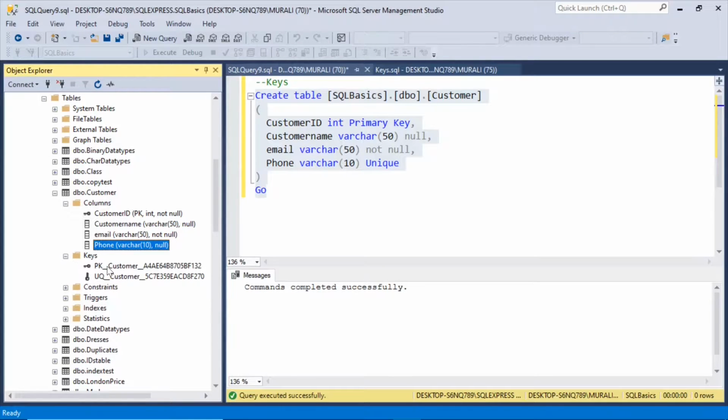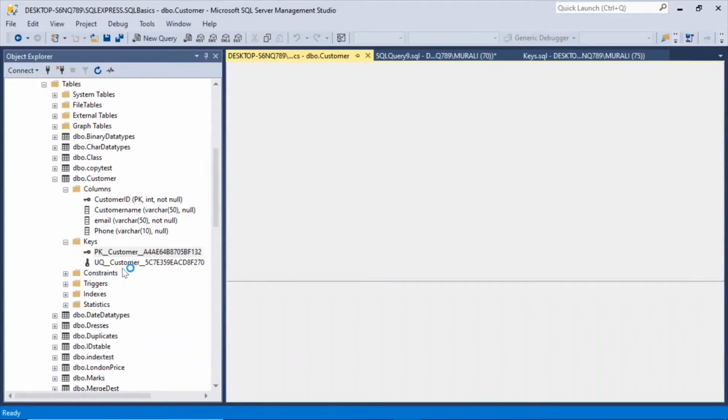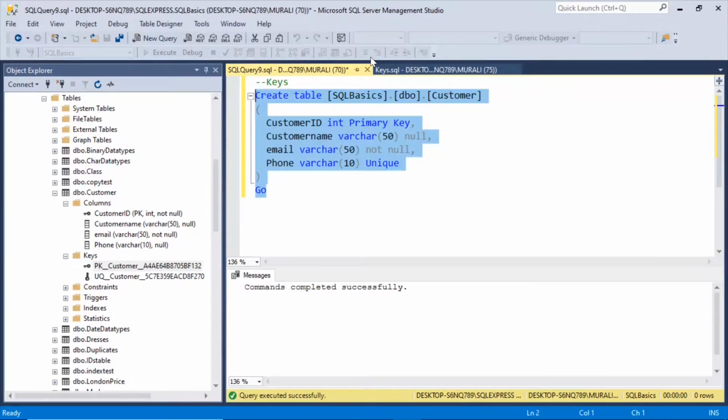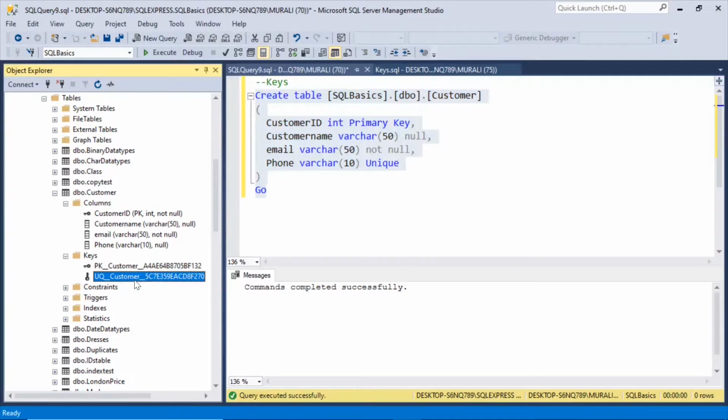See the keys. We have the primary key as the customer ID, and if I double click this, it will open up this showing this key here, and this is unique key.